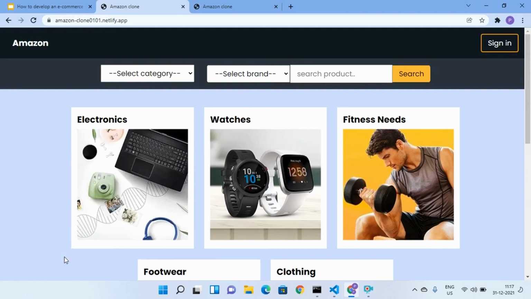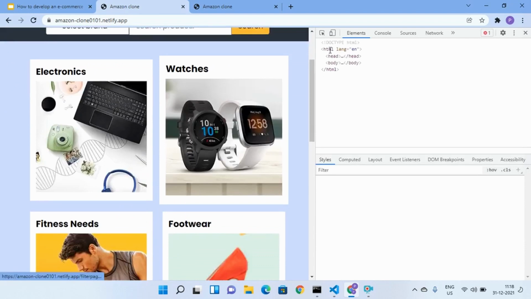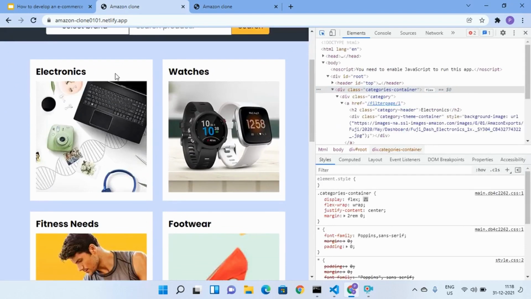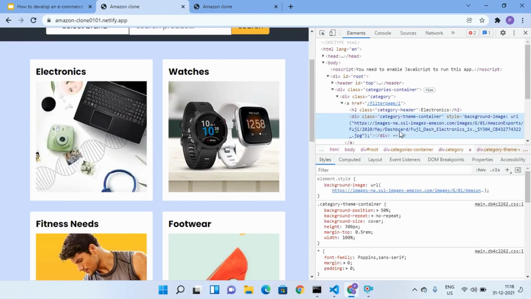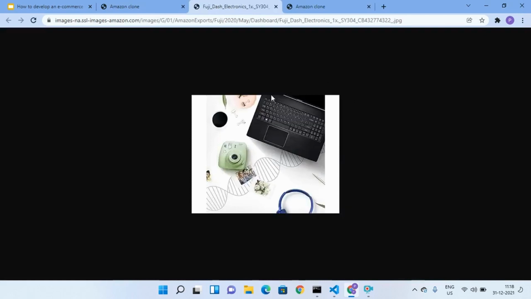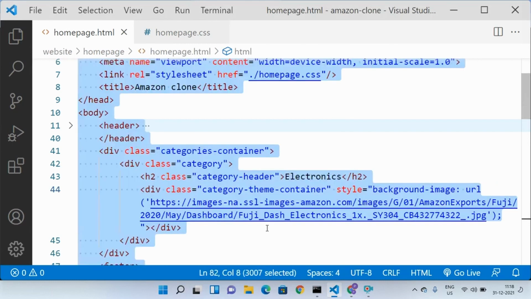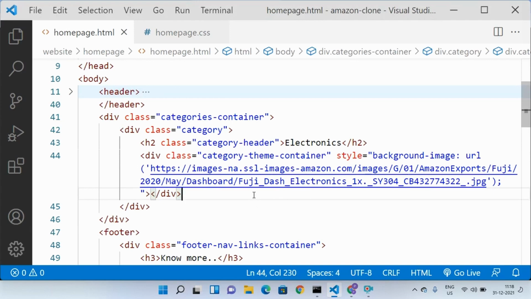Let me inspect, and let me get the link from here. Yes, this is the link. So let me copy this link and paste it here. Let me toggle the word wrap so that you can see it clearly.